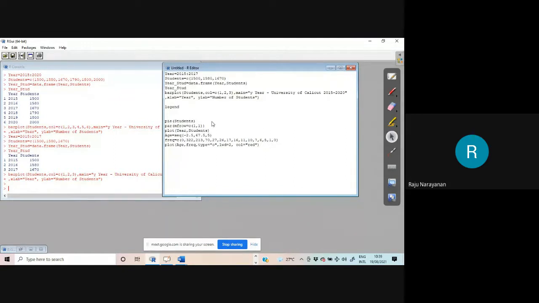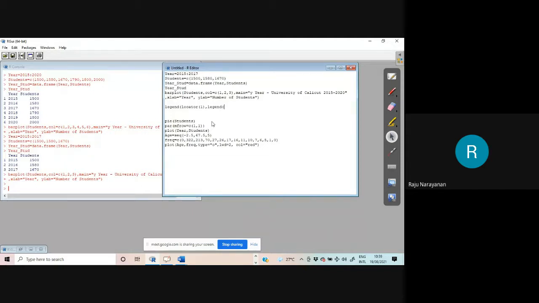Legend is a user-defined function. One technique is locator. Locator 1 means you can select the location. And what is the legend you want to type?